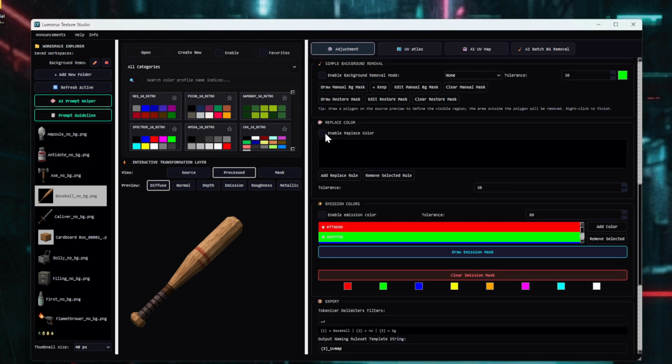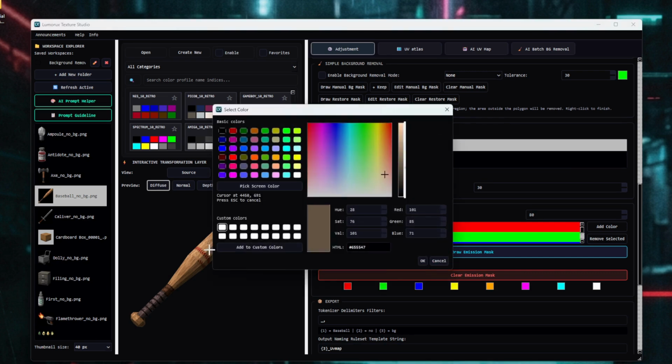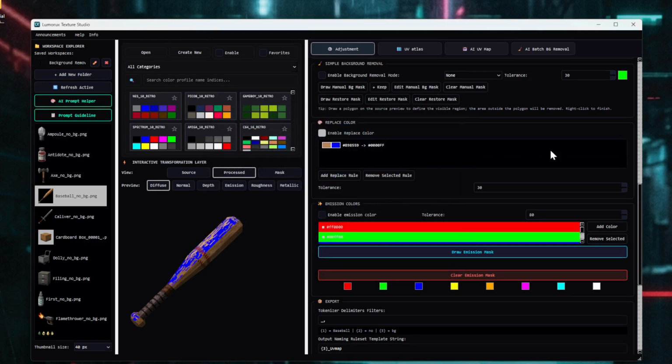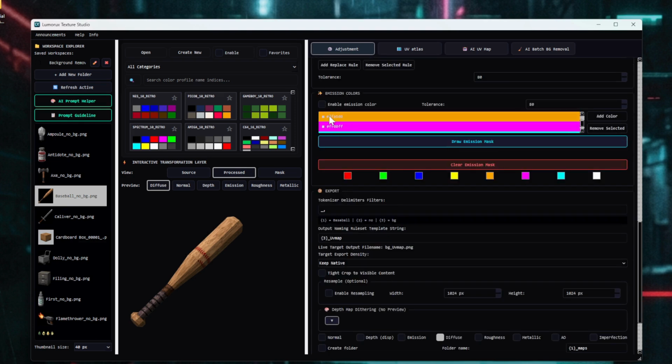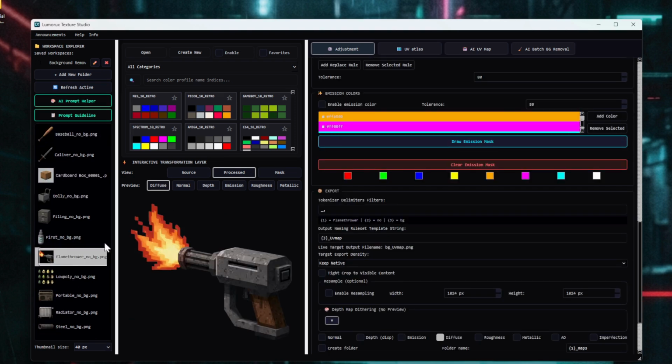And here is replace the colors. You can just replace the colors you want. If you want to, pick it right there and click OK. I want it to be blue. You can set the tolerance. Yeah, here. And here are the emission colors, and if you want to do the emission colors,